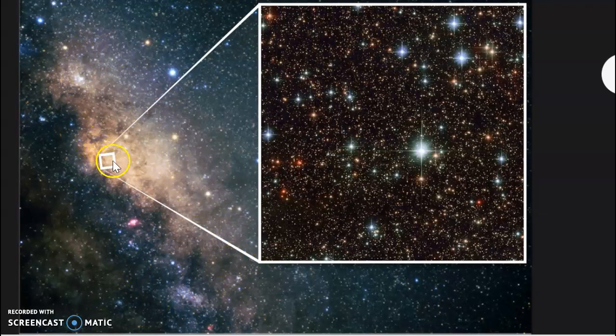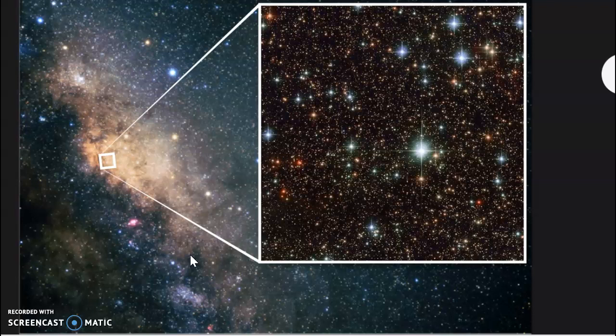And if you look in this box, that kind of looks like a whole bunch of stars and stardust, but if we blow it up, here you can see our sun and the Alpha Centauri star system are just a handful of stars that are within our galaxy. The space all around and beyond our solar system is full of billions of stars. And as a group, they form what we call the Milky Way, and it orbits around the center of the